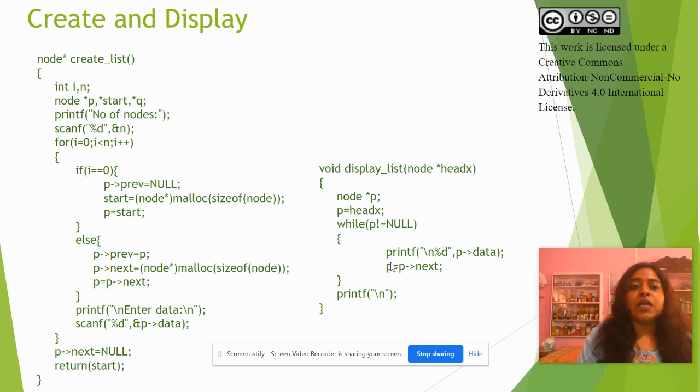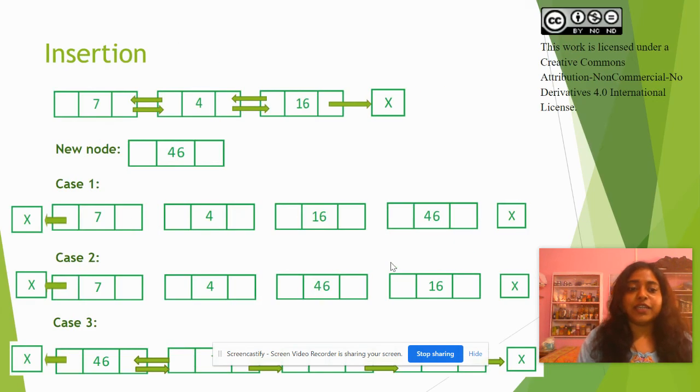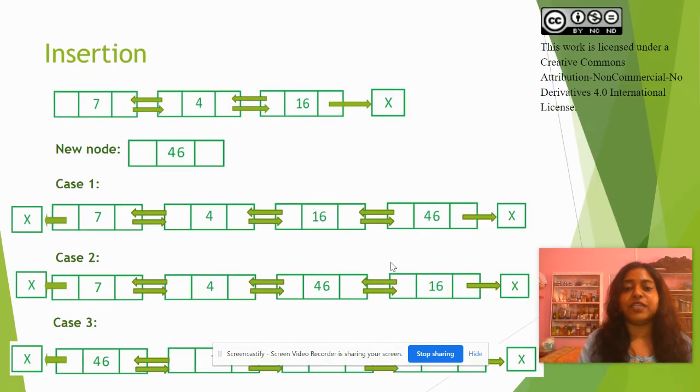Now for insertion, again three cases are possible. Suppose we have to insert a node at the end. Suppose we have to insert the node 46 at the end. The previous last node was 16. So next of 16 will be set to 46, next of 46 will be set to null, and previous of 46 will be set to